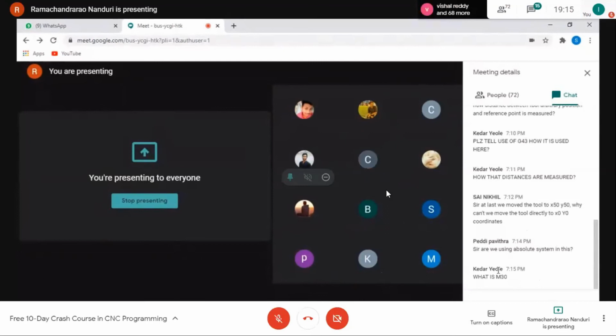In that case, the distances parallel to the X-axis and Y-axis will be calculated and entered. I shall prepare another part program using relative coordinates with the same figure and same dimensions, and I shall insert a slide by tomorrow. Okay.